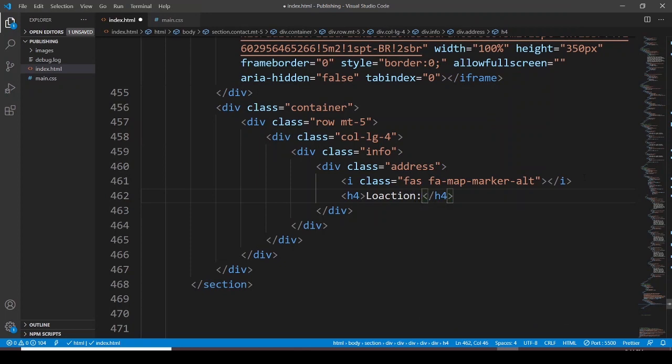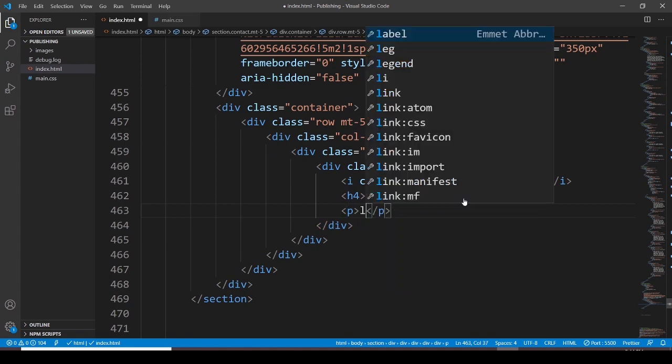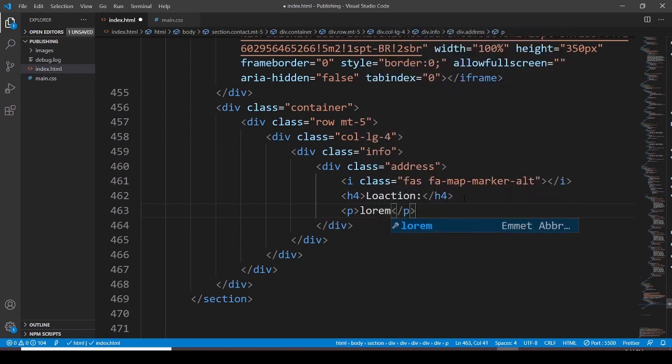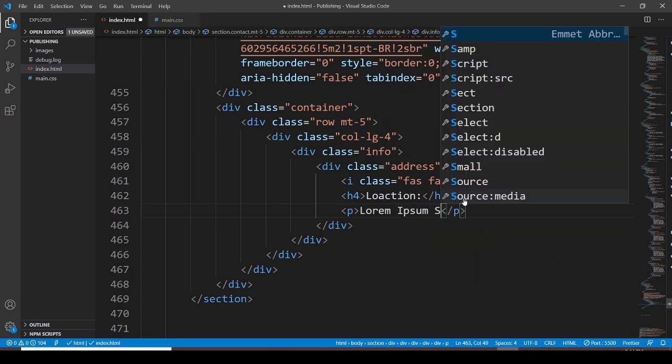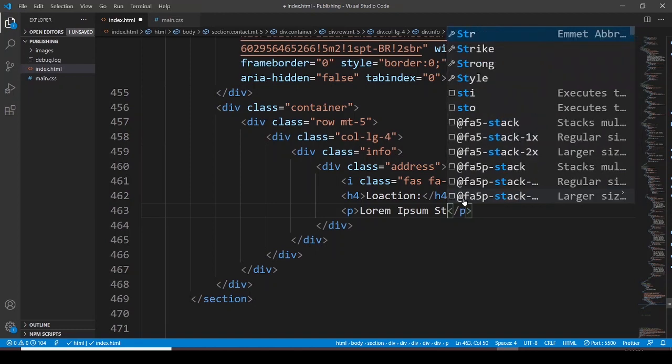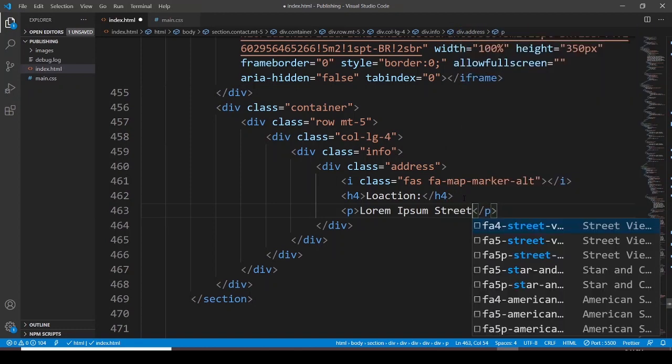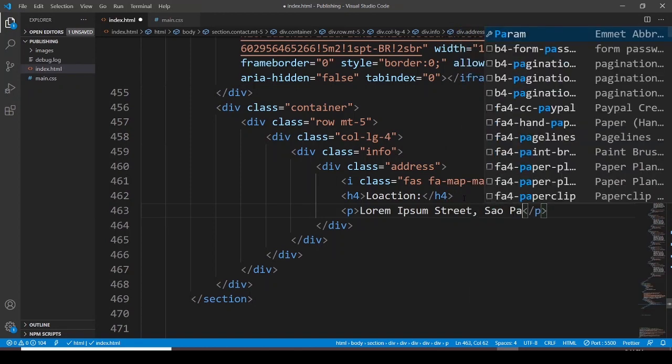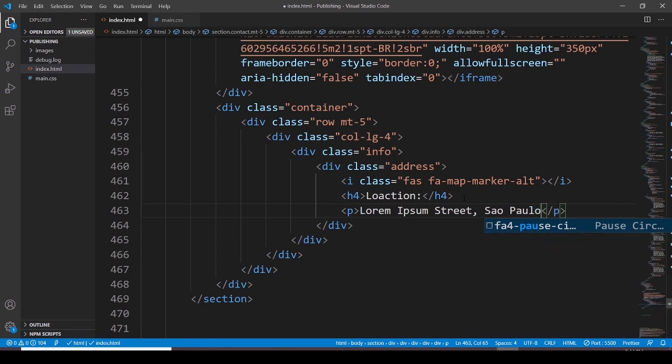Then let's use the P element, some, let me say lorem ipsum street, and Sao Paulo, and SP, it's a zip, and 1, 2, 3, 4, 5. Okay, then we have to